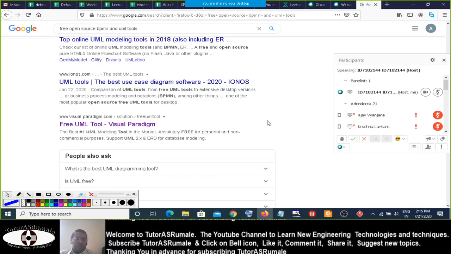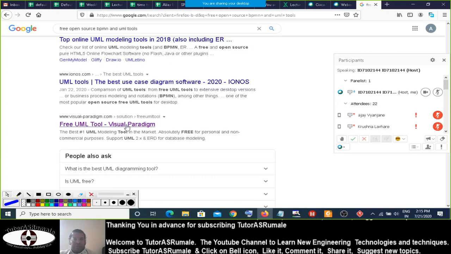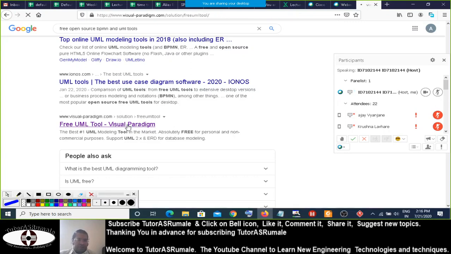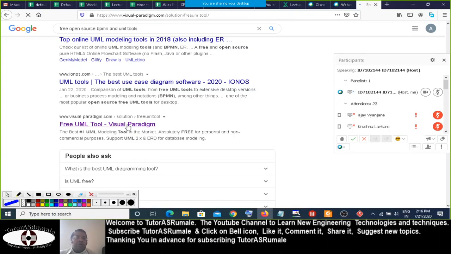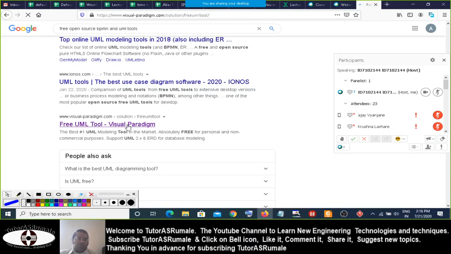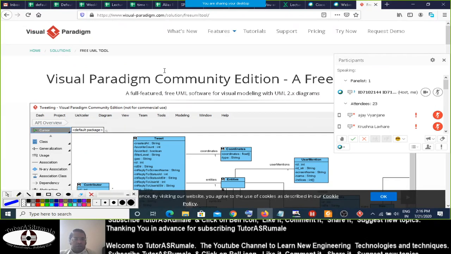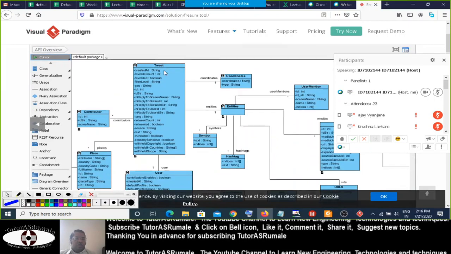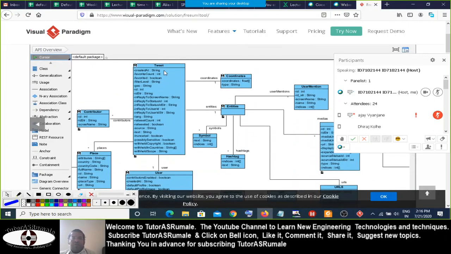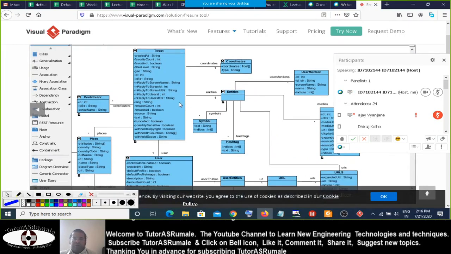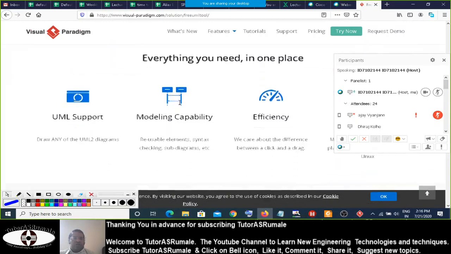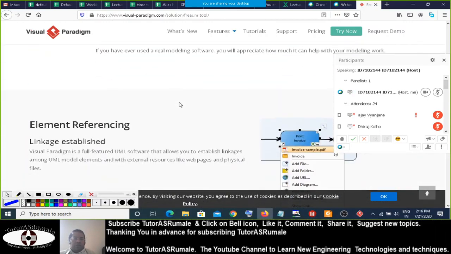So first I will show you Visual Paradigm. Let's first go to the site itself. This is a part of your syllabus. In your third unit, you have all the UML views, and for that you need to draw and create these UML views. So this is an example of a class diagram, which is given completely, and this is what you can have about Visual Paradigm.